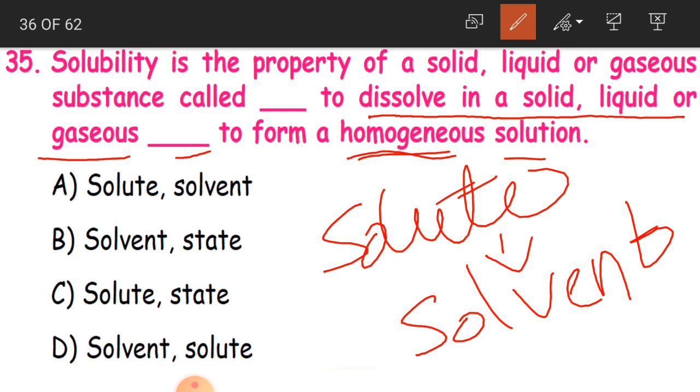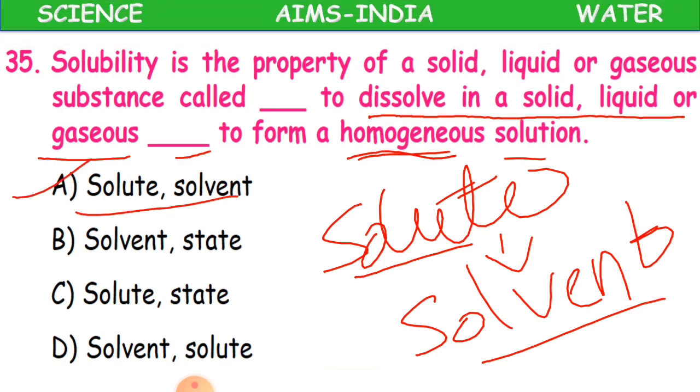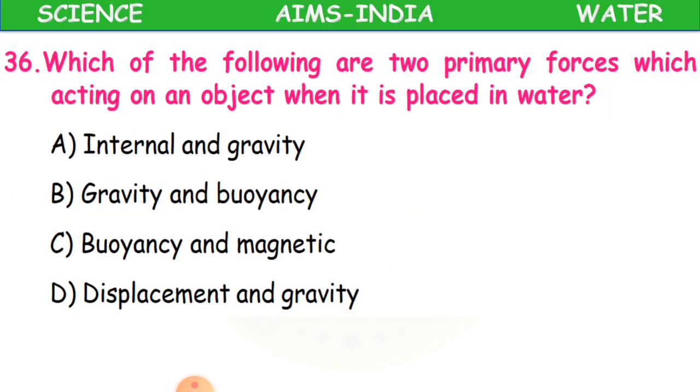So our answer is, which are going to dissolve are called solutes, and which are able to dissolve other substances are called solvents. Okay, so that is why A option is the correct answer. Clear, children? Now 36th is, which of the following are two primary forces acting on an object when it